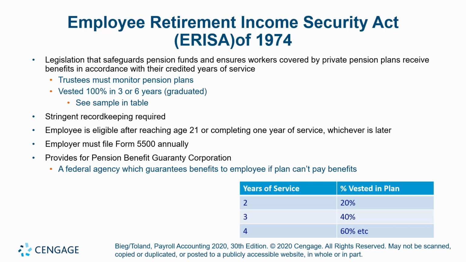Okay, that's all in that first bullet. So what it says is two things. First off, you can't just put it in another account that you have control over. You have to send it to a trustee. That's what that first blue bullet says. The trustee must monitor the pension plan. That means it has to go to a trust agency or an attorney or a bank or a fiduciary, somebody else. When I write that check for $2 million, it has to go somewhere else and I can't touch it. That's one thing.